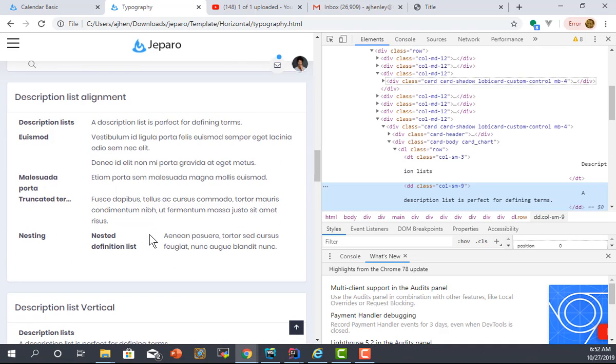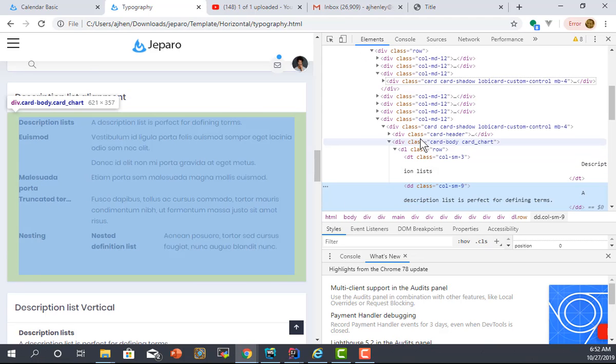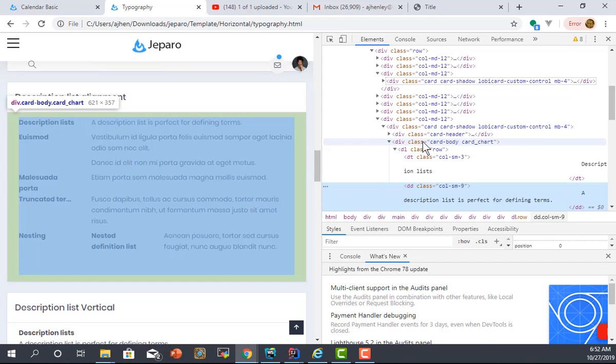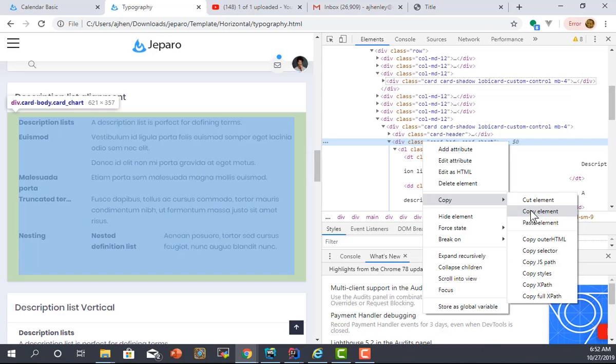So if I right click again and hit inspect, it pops me down to this area. And then I can just move up the list until I can get the lowest level that has everything I want. Now I don't know that I need the title again. I think I just need the body. I think I need this. So let me copy this element,